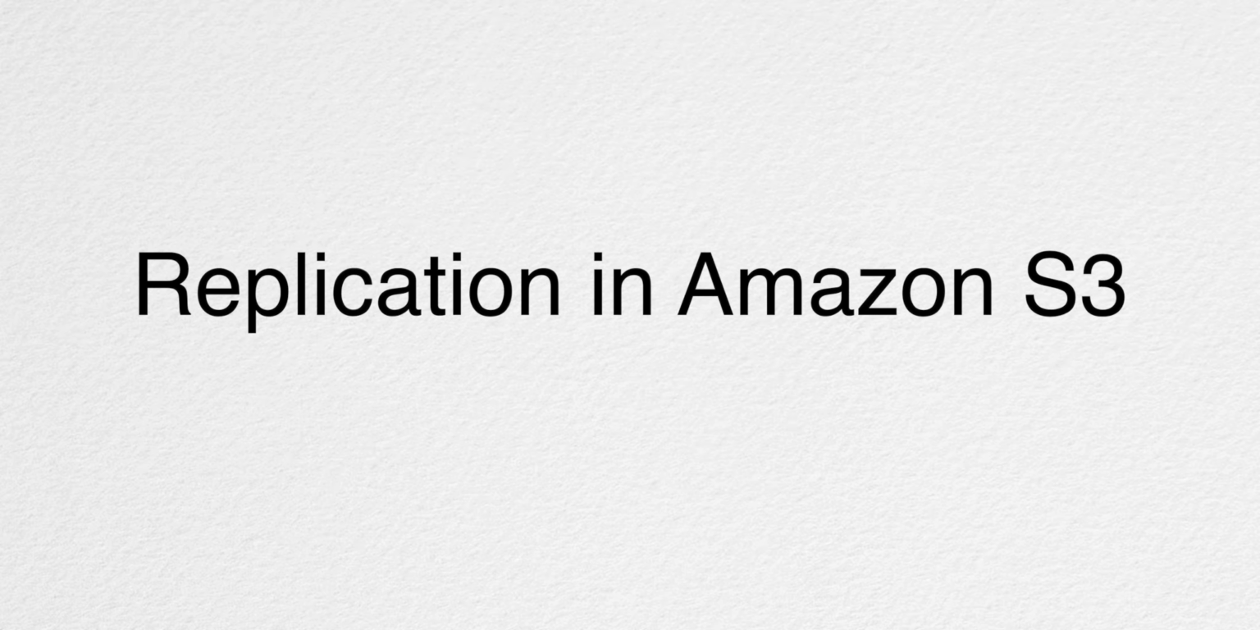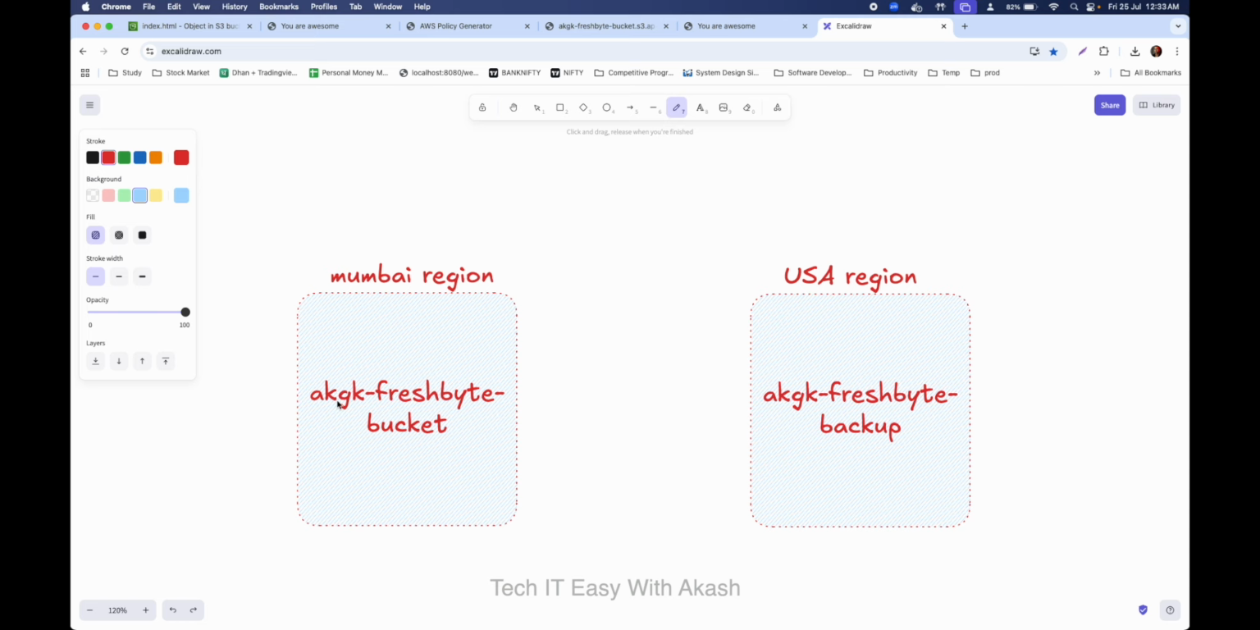Now let's talk about replication. Let's say you have one bucket in Mumbai region, which is this one, and you have one bucket inside US region. Now what your use case is, whenever you upload something into this particular bucket, you want it to be automatically copied to the other bucket as well. So using replication, we can have that option where either for backup purpose, you can copy the entire bucket, or